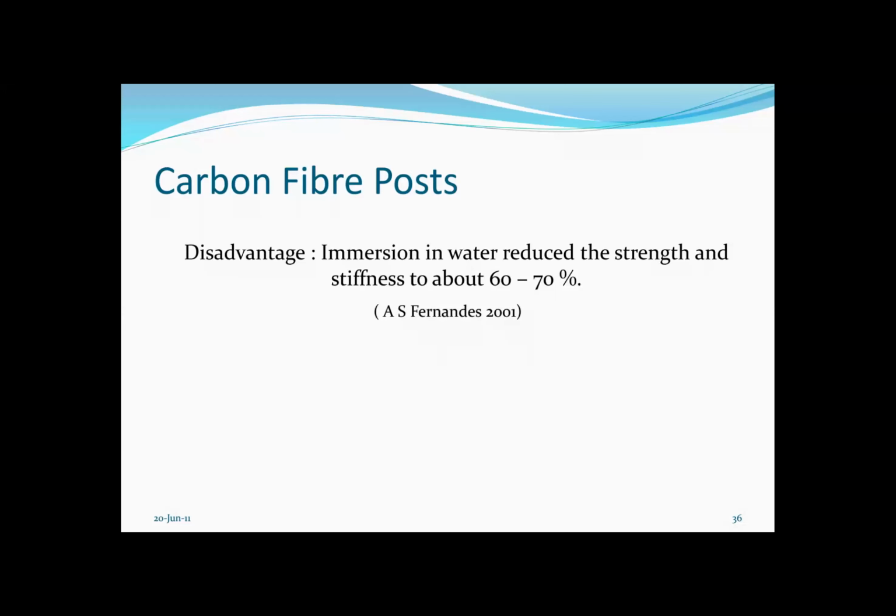As soon as it has contamination or contact with moisture or water, there is a reduced strength by about 60 to 70%. That's a tremendous amount of strength loss. So it really eliminates the entire purpose of using a carbon fiber post. That's why it did not become very popular, along with the aspect that it's aesthetically not very pleasing because it requires a lot of